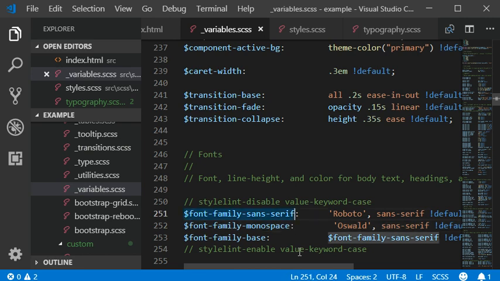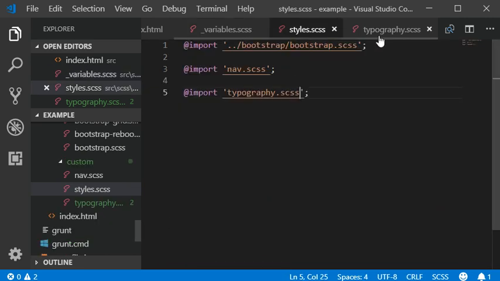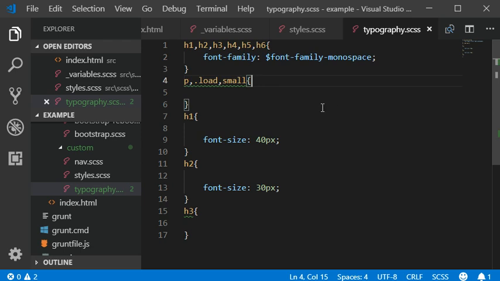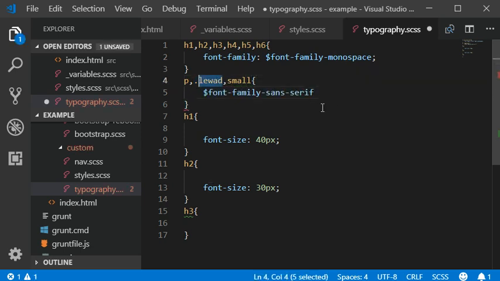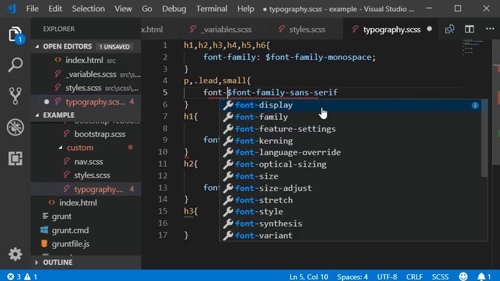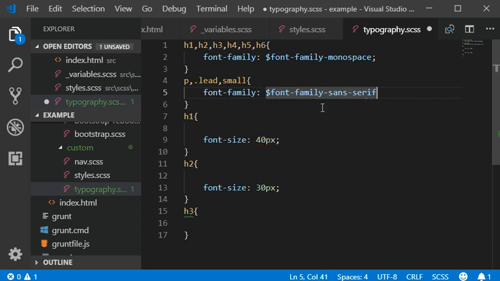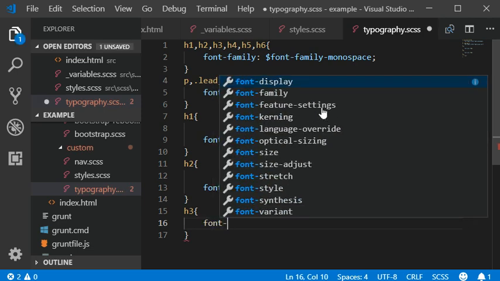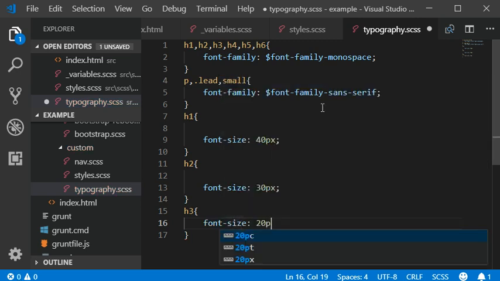and we can also define the font into the lead, and then font family, this one. So here we got the h1, h2, h3. h3 should have a font size of around 20 pixels,